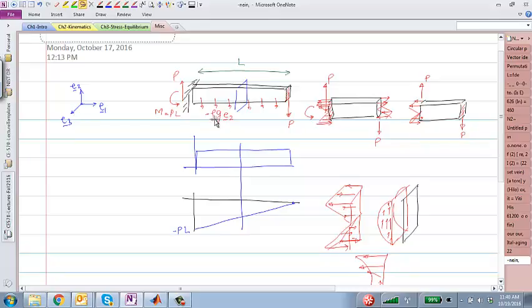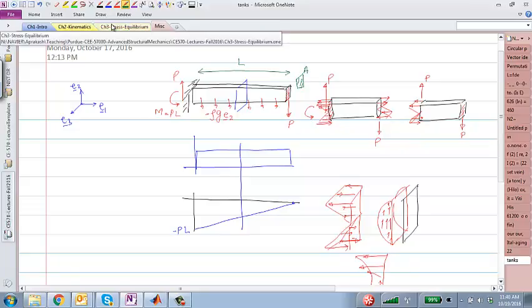Rho g is, so each of these arrows is a distributed force per volume. So I have density, gravity, and in the direction negative E2, that's the body force acting on it. If you multiply that with the area of cross section, let me say area of cross section is A, then